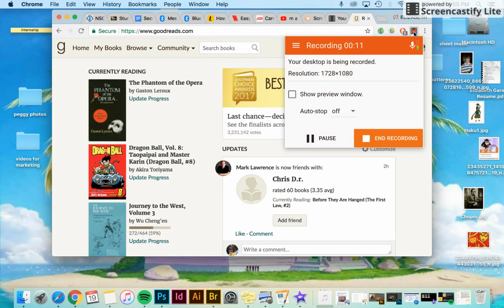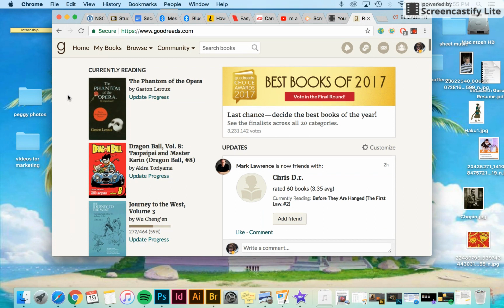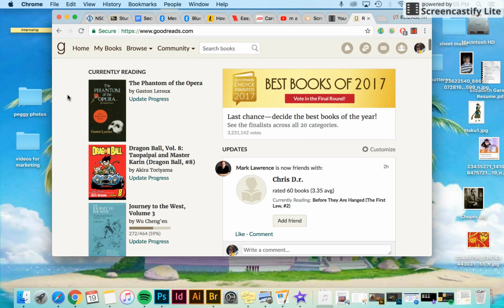Today we're going to be looking at Goodreads and evaluating it against the HubSpot points for great websites. So right now we're going to evaluate its simplicity, as in how easy is it